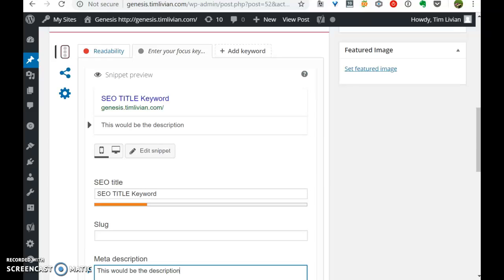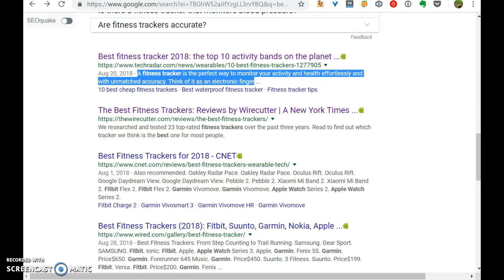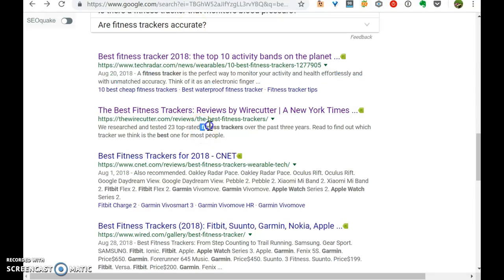One way of showing that is by having the actual keyword they searched front and center. It's not always going to work, but sometimes it will. You can also see Google bolds the keywords or even synonyms, like Apple Watch is a popular fitness tracker, so they're highlighting that. Those little things make a difference.